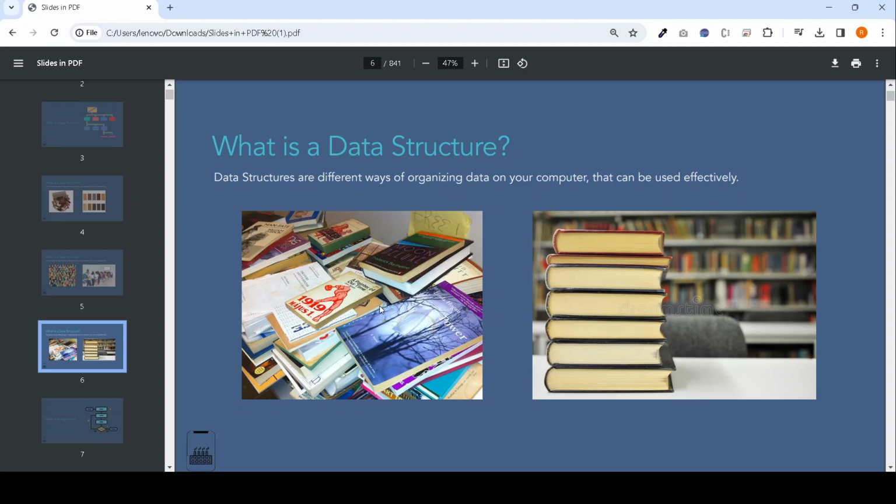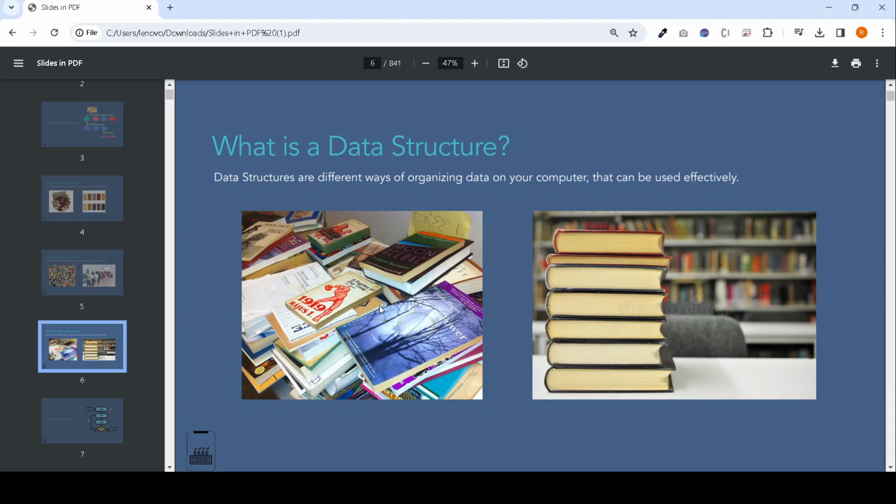So getting a book from the first image is a tough task, but instead of the first image we can take from the second image.